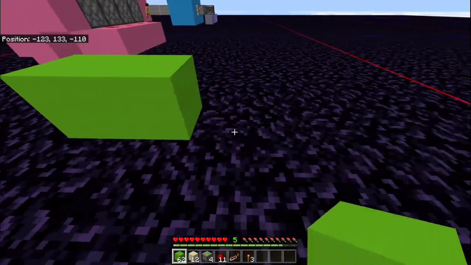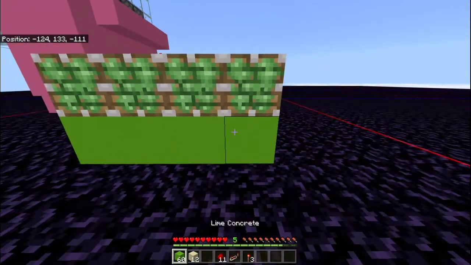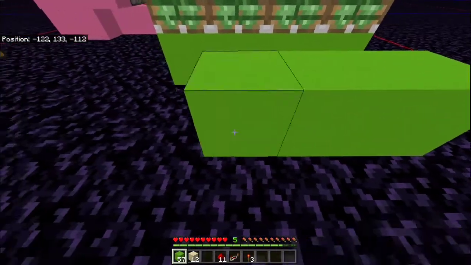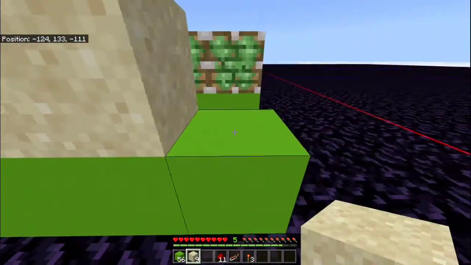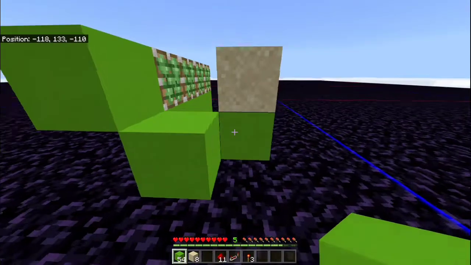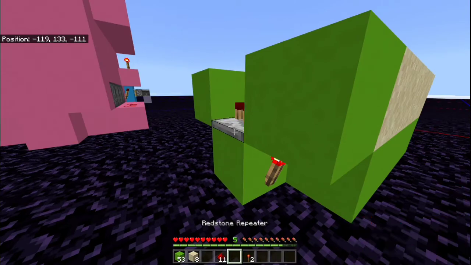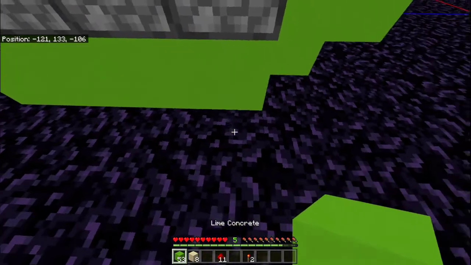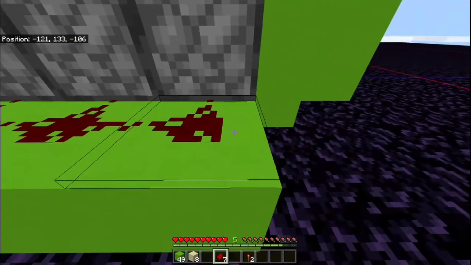So first you have to place 4 blocks, then over those blocks place 4 sticky pistons facing towards you, and leave 1 block and place another 4 solid blocks like this. And now place sand over this block, 4 sand. Now we'll build the clock, place 1 block there, there and there. Now take a redstone torch, place it there, a redstone repeater there, and before completing the clock, I will just complete this portion. Place 4 blocks behind the piston, place 4 redstone,